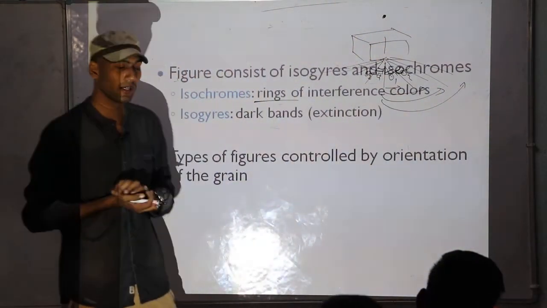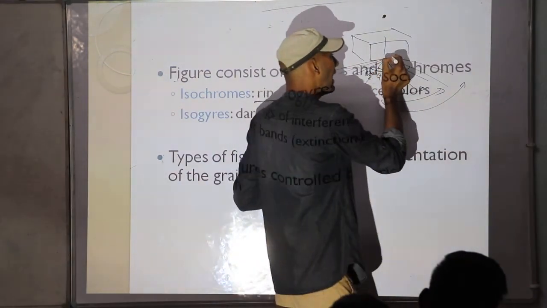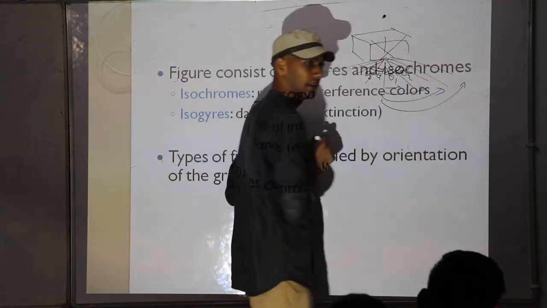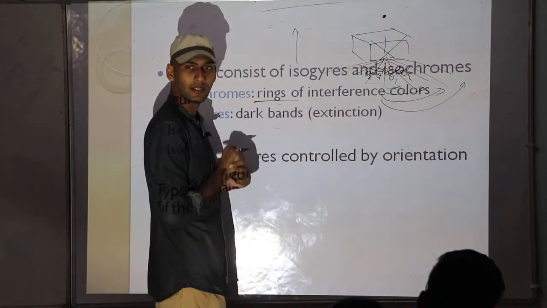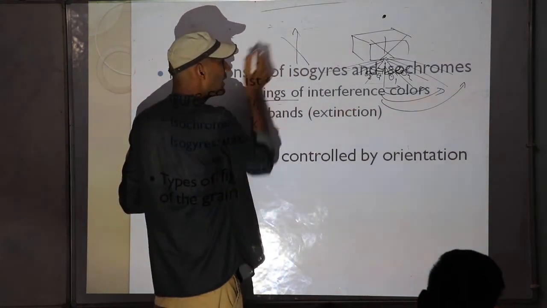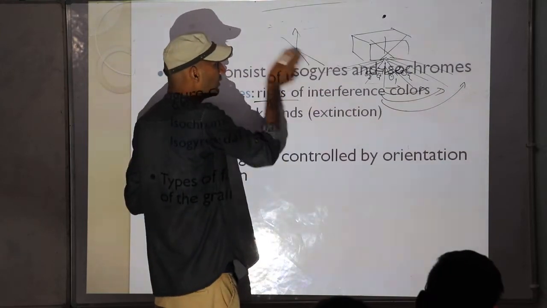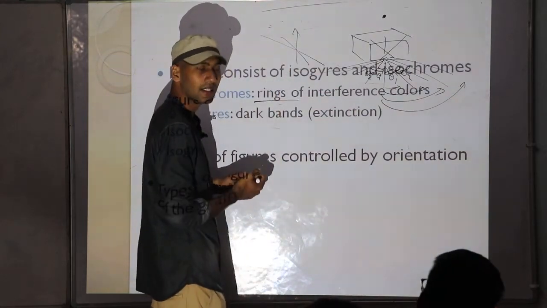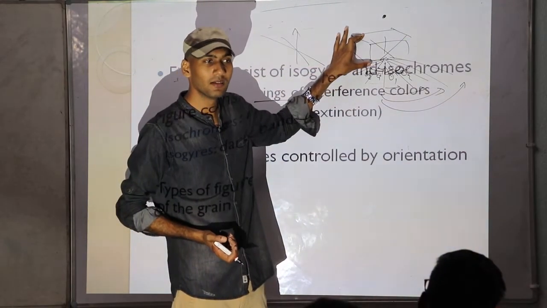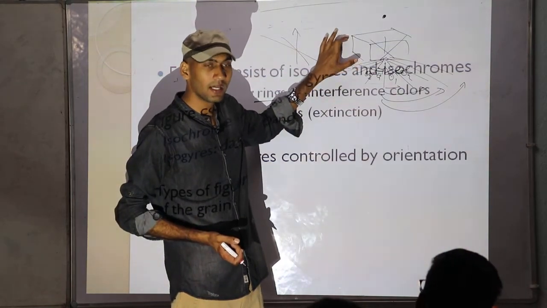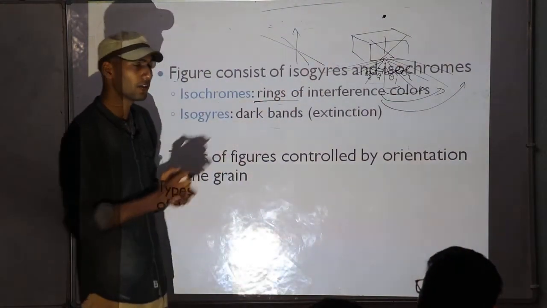Angle is increasing for cones. So when the angle increases, the ray has to pass more distance within the crystal, right? If this is the crystal, when the ray is moving straight, it covers the least distance. When it is at an angle, it passes through a greater distance; the more the angle, the more distance it has covered in the mineral. So birefringence means change in refractive index, and retardation means the path distance between the two rays, slow and fast rays.